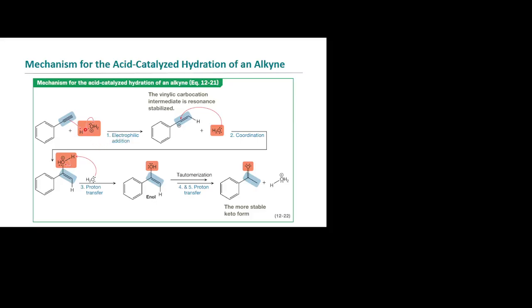Okay, so the mechanism, it's the same mechanism you're familiar with for the first part. So we have the hydrogen coming on. This gives us the more stable carbocation. And then we have the H2O coming on here. This is going to give us that H2O plus, right? That's a very acidic proton there. And so that's going to come off on a proton transfer.